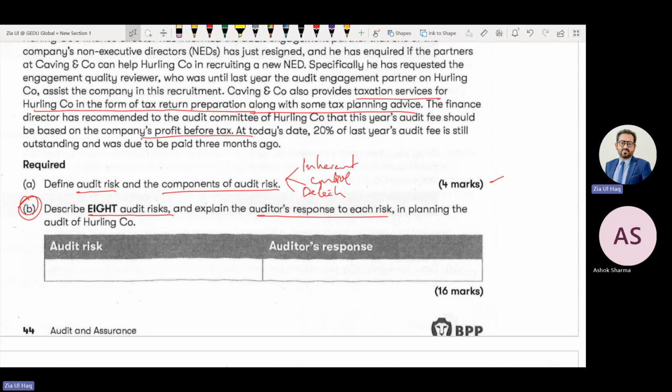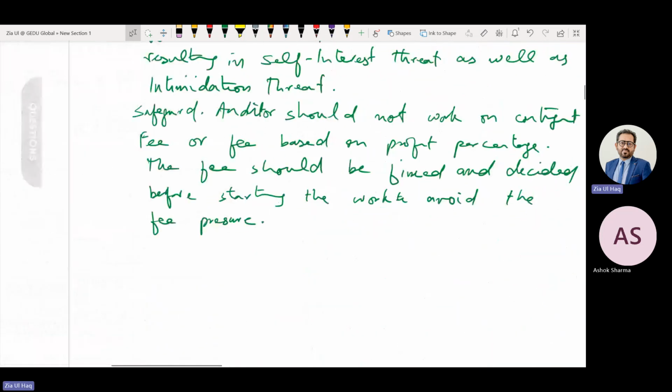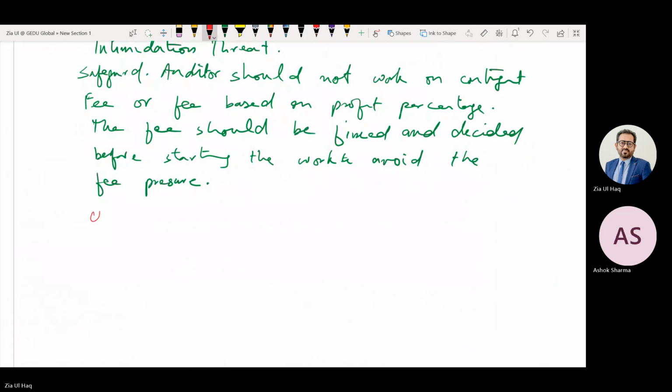At today's date, 20% of last year's audit fee is still outstanding and was due to be paid 3 months ago. So outstanding fee, overdue fee. We'll put the heading overdue fee. Self-interest as well as intimidation. So overdue fee or outstanding fee